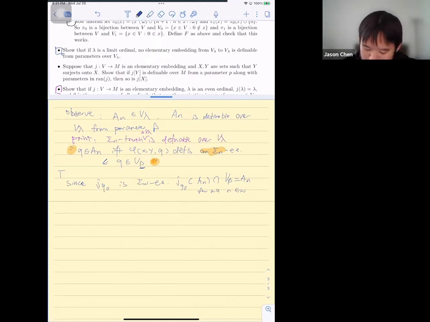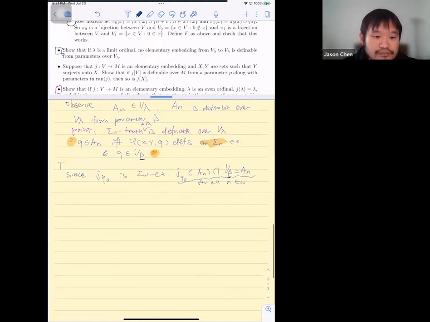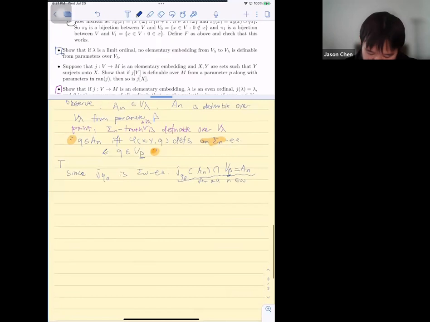Okay, so when you stretch out AN above V beta, you keep whatever's below V beta fixed. Right, it doesn't matter where JQ0 moves V beta. So you could try and prove this yourself. Not very hard. Let me see. So let me isolate this fact here, and then there's another. So now we consider